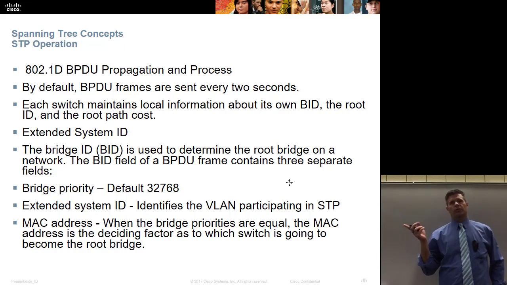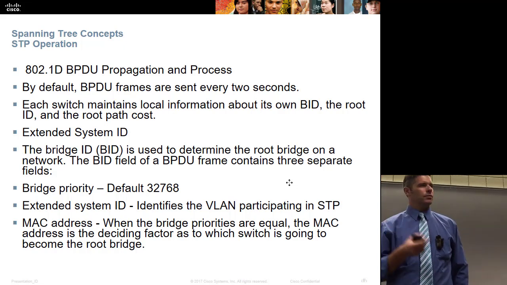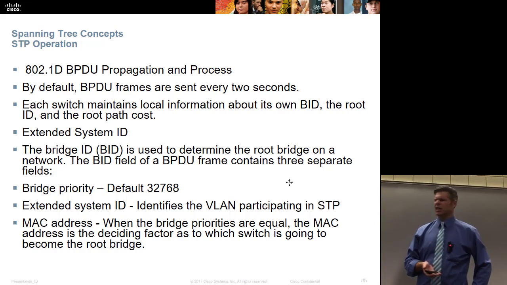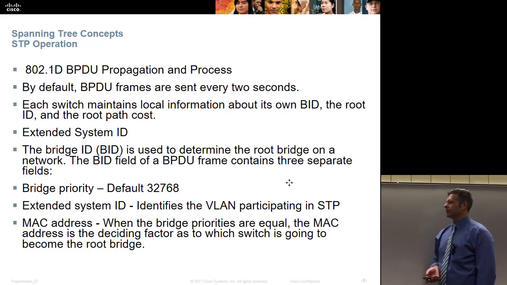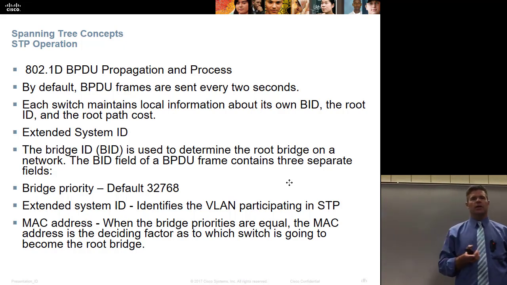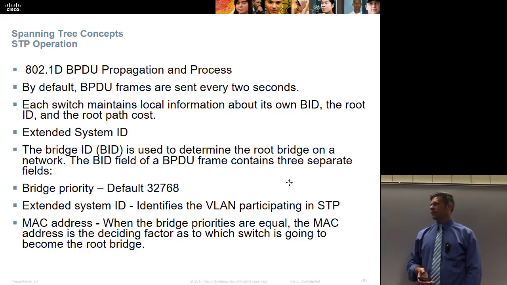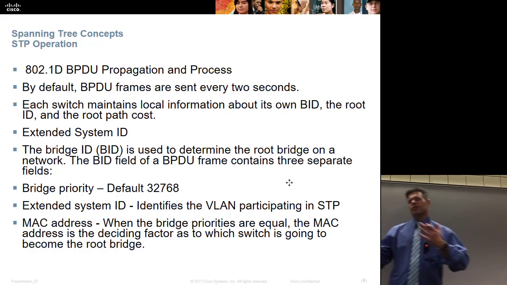Bridge priority defaults to 32768, which is 2 to the power of 15 plus 2 to the power of 3. It includes the list of VLANs that are participating in there, which can get you into trouble. If you have a device that doesn't understand VLANs, again, you're back into trouble. And then since there's a default,